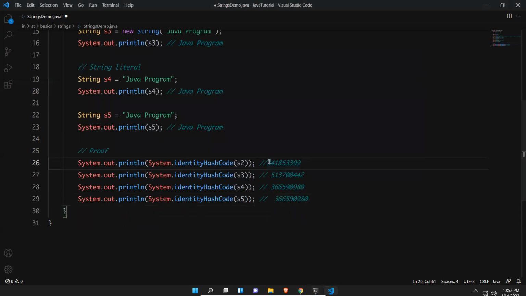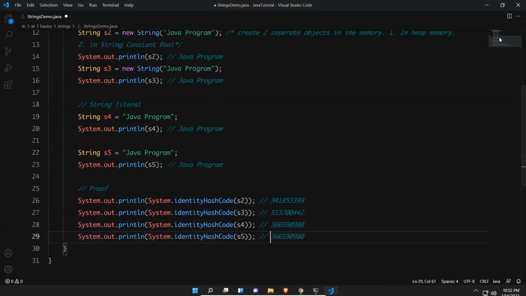So with the help of the identity hash code, we proved that these two have different objects because of the two different hash codes, but S4 and S5 point to the same object because both print the same number. This is how we come to know that these are pointing to the objects in the string constant pool.